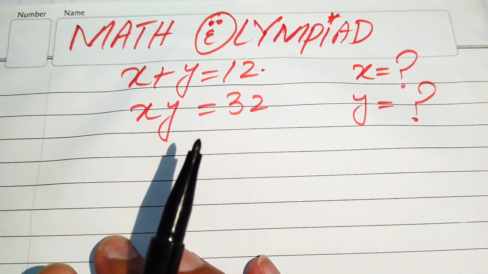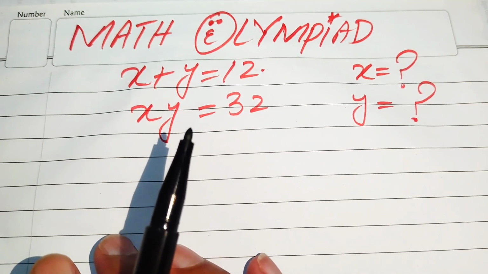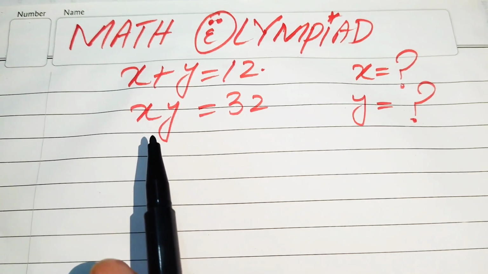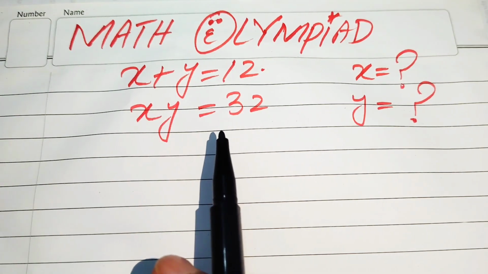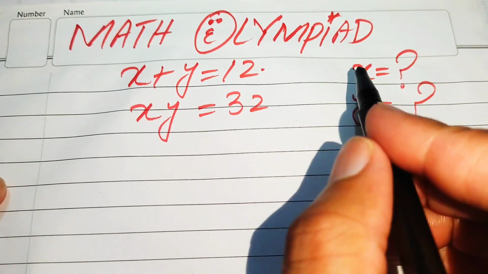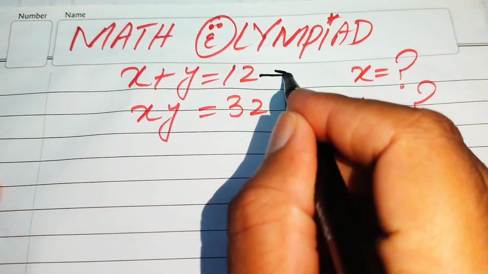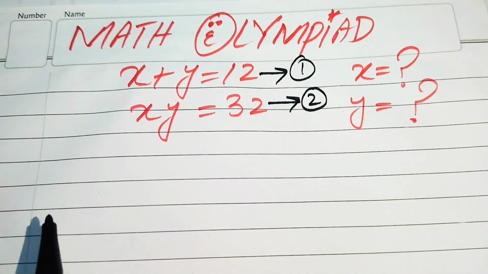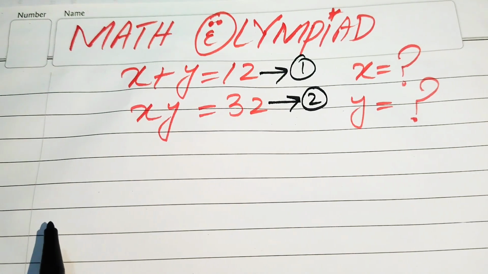Hello everyone, welcome to solve this Math Olympiad algebra problem. Here we have x plus y equals 12 and x times y equals 32, and we solve this problem for the values of x and y. So this is our equation number 1, this is our equation number 2, and now we solve these two simultaneous